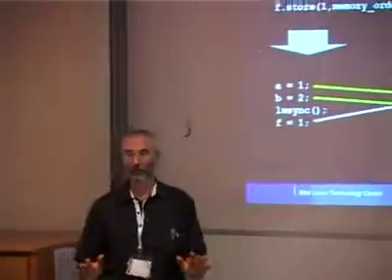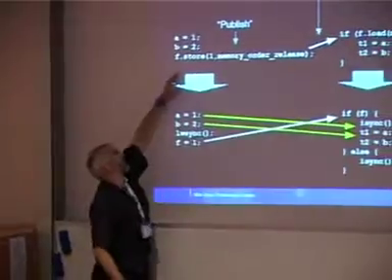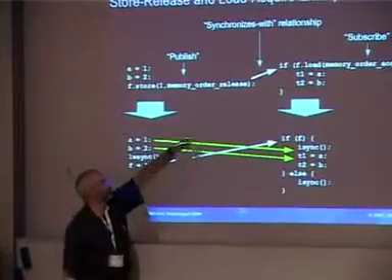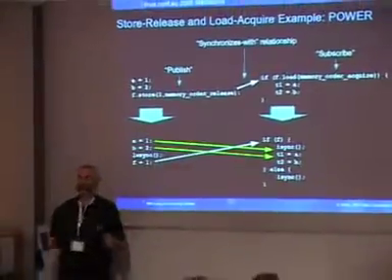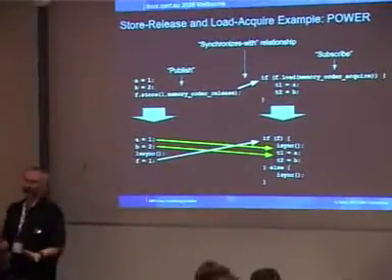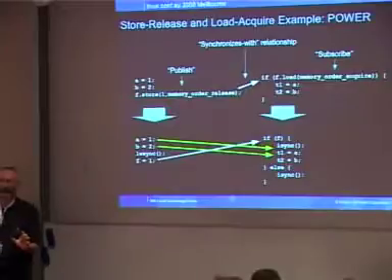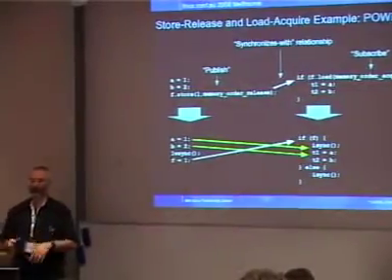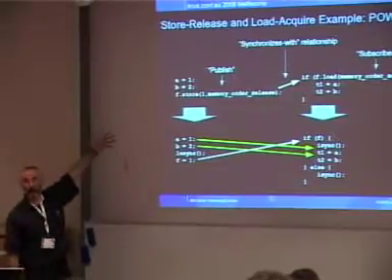So this is kind of how the code might look, showing how things communicate. Unlike RCU, with RCU this F would have to be a pointer to a structure that had A and B in it. All right? And again, you'd pick it up on the other side. Here, the difference between these and RCU is that there doesn't have to be a dependency relationship between the variables. You don't have to have a pointer to a structure that you're publishing.